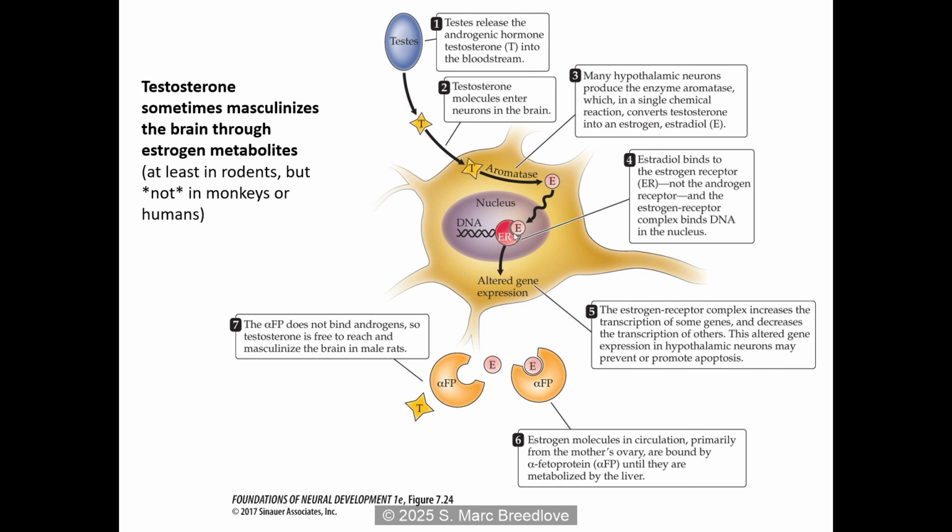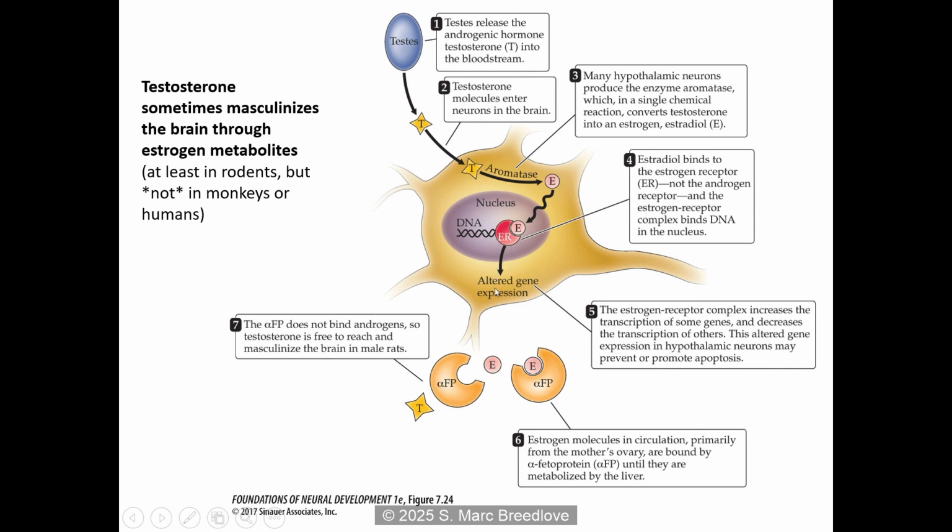So in rats, how come females aren't masculinized by the maternal estrogens? And the answer is because in fetal rodents, there's a protein in circulation known as alpha-fetoprotein. Humans have an alpha-fetoprotein too. It's called that because it was the first fetal protein that was identified. In rodents, but not people, alpha-fetoprotein binds to estrogen, but not to testosterone. So I should have paid you to ask me that question.